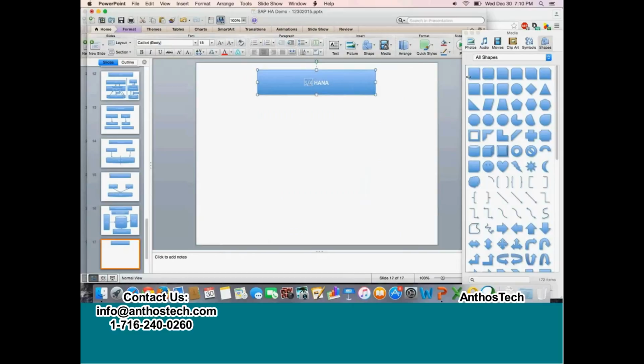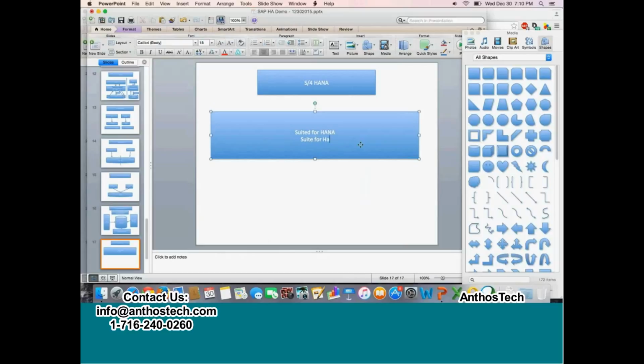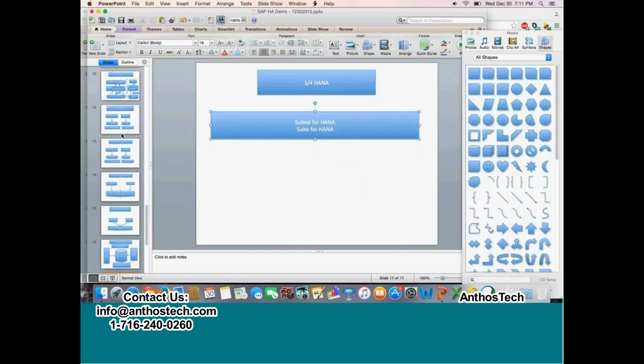Some people interestingly call this "suited for HANA". That is the common jovial way of putting it, S4 as "for HANA". In reality, it means Suite for HANA. So what exactly does it mean? I told you in one of my